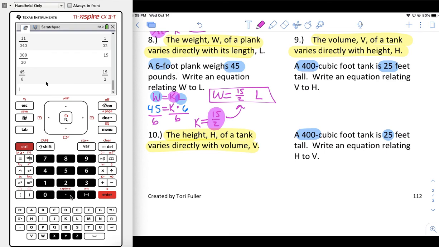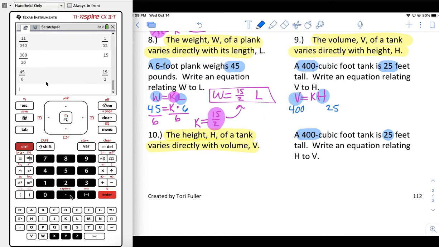So we're going in order. Volume varies directly with the height. I have two numbers they gave me. A 400 cubic foot tank, cubic foot, I don't know what that means, is 25 feet tall. Okay, so 25 is definitely my height. That must mean that 400 is my volume. So we're going